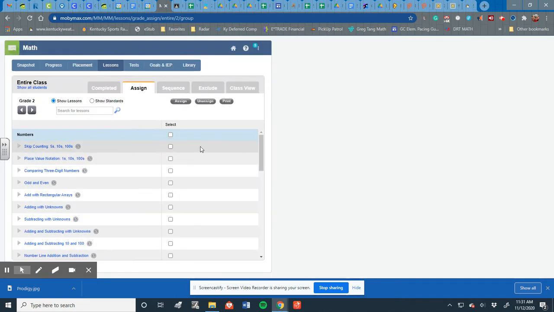So that's how you do that. If you want to turn off the assignments, I showed you how to do that, where it automatically assigns, but you may have to go in and delete